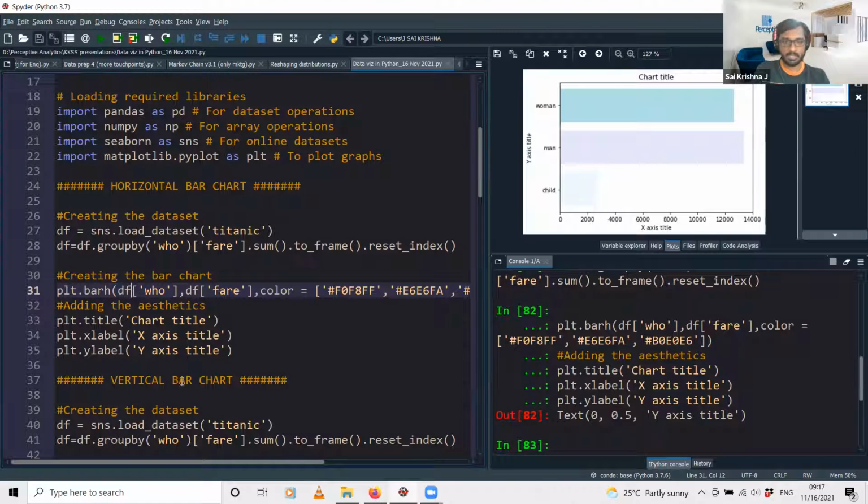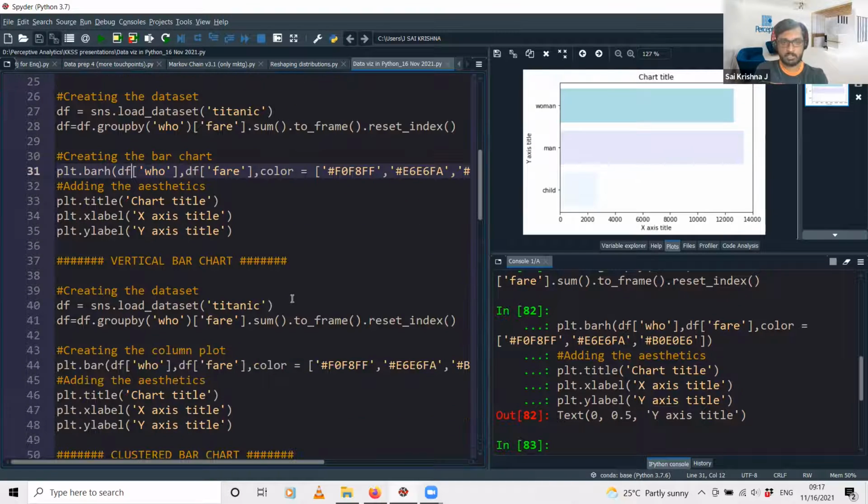Creating a vertical bar chart is also very similar. I'm just using the same data set, and I'm doing the same aggregation. Just note the difference between the line of code for the horizontal and the vertical bar chart. Here we use the function plt.barh for the horizontal bar chart, but for the vertical bar chart or the column chart, we are using the function plt.bar.